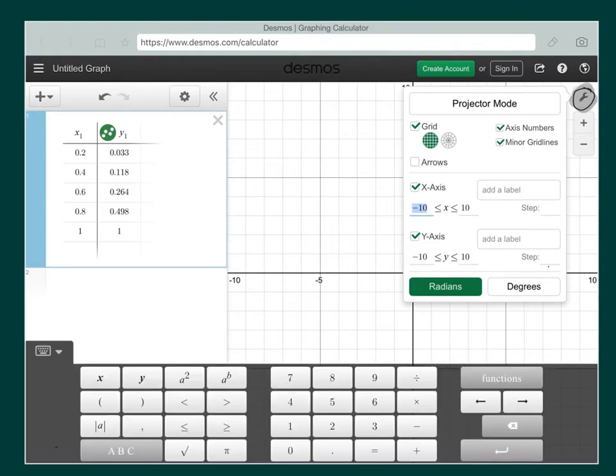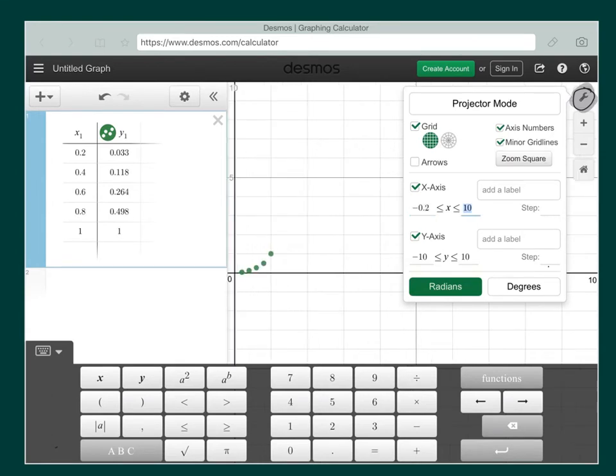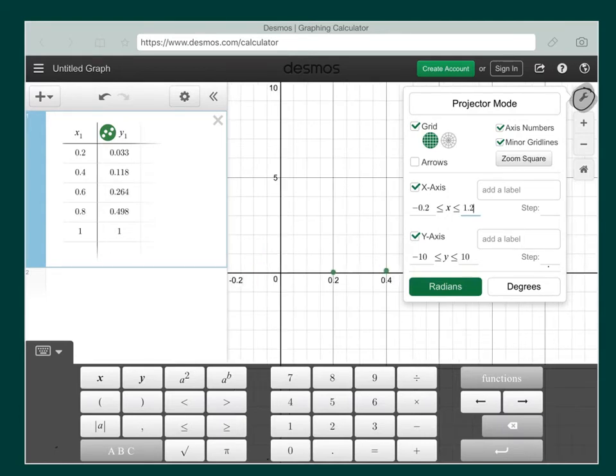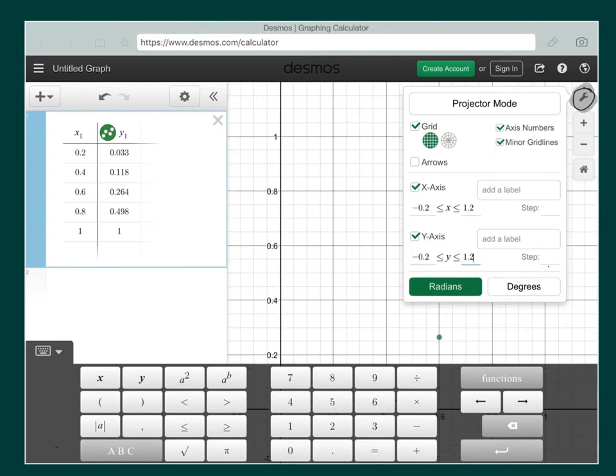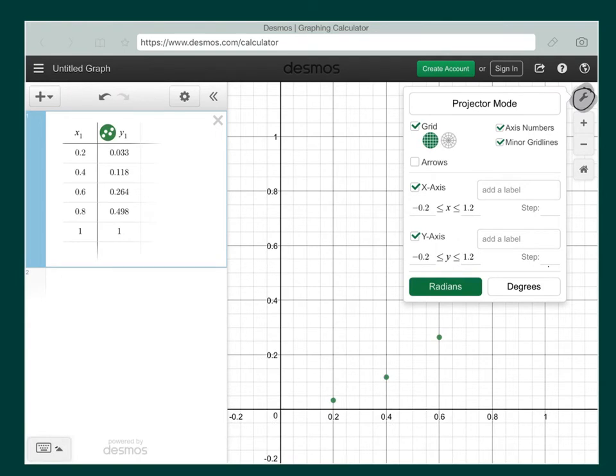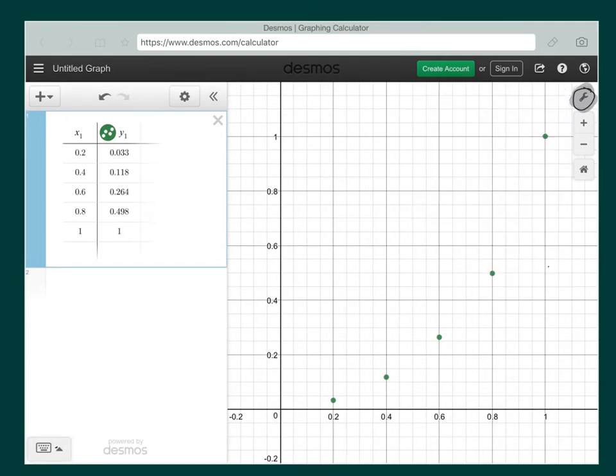Instead of -10, I'm going to type -0.2, and for the maximum, I'm going to type 1.2. This adjusts my view of the x-axis to between -0.2 and 1.2. Same thing for the y-axis, -0.2 and the max 1.2. Then click on it again, and now you can see our plot more clearly, and we can see the axes in each direction.